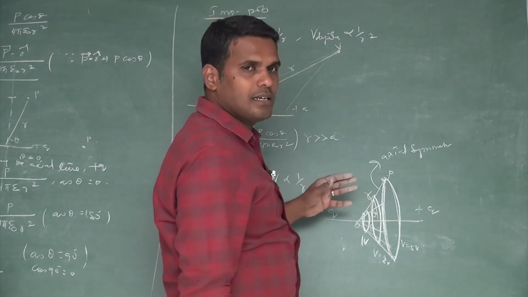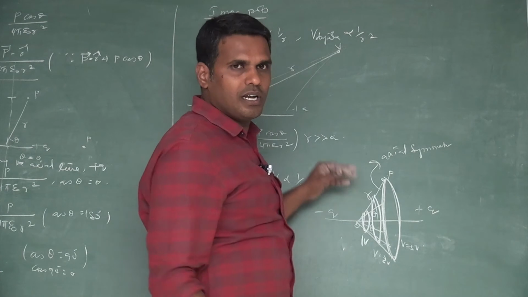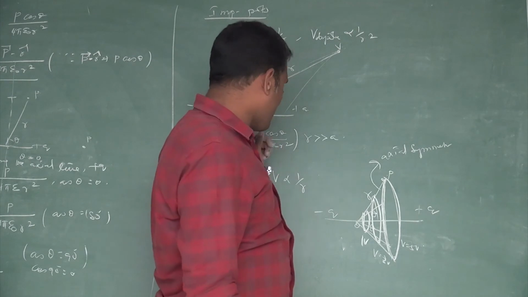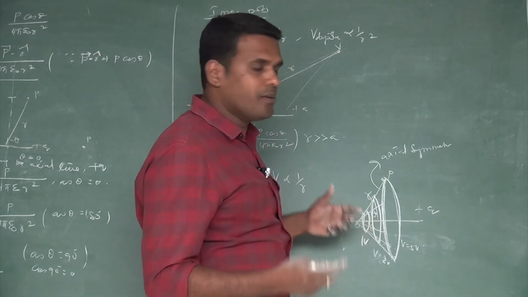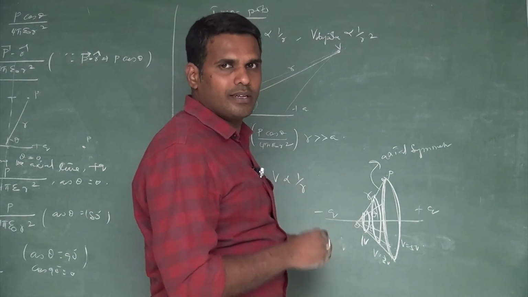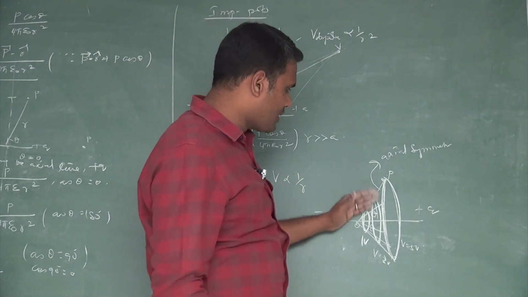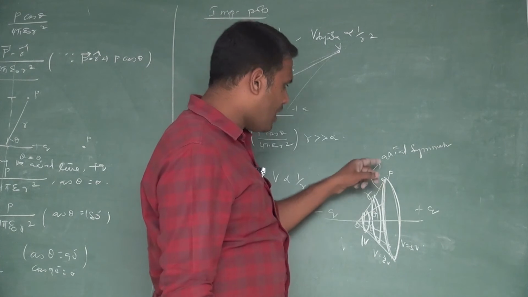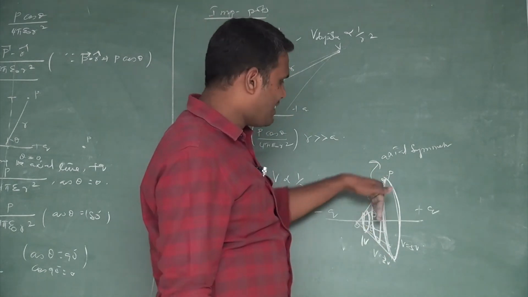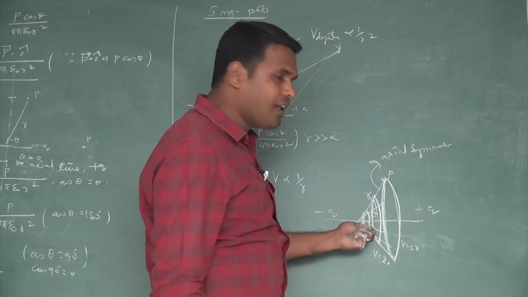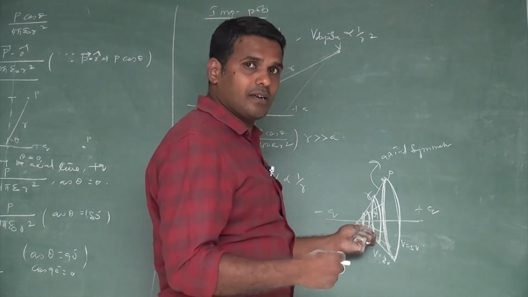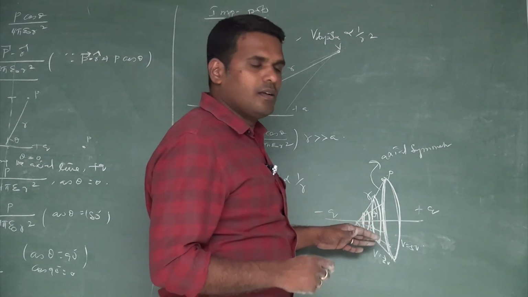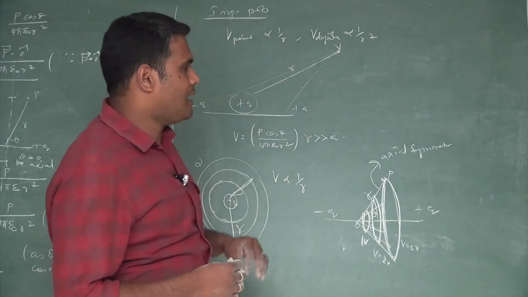So for a point charge there is a spherical symmetry, because the potential due to a point charge depends only upon the distance r, whereas the potential due to an electric dipole has an axial symmetry, because it depends upon the angle theta between the dipole moment and the position vector. The position vector makes an angle theta with the dipole moment, so there is an axial symmetry. The potentials on a circle have the same magnitude. As the circles differ, the potentials also differ, but on each and every circle the potential has the same magnitude. We call it axial symmetry. That's all.